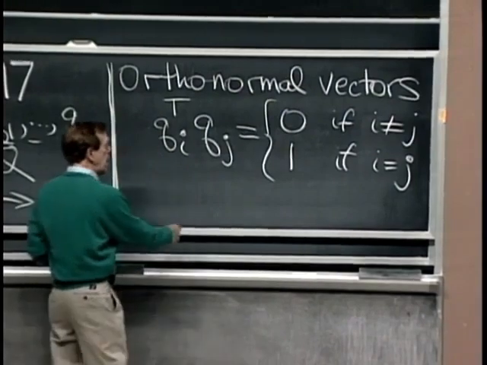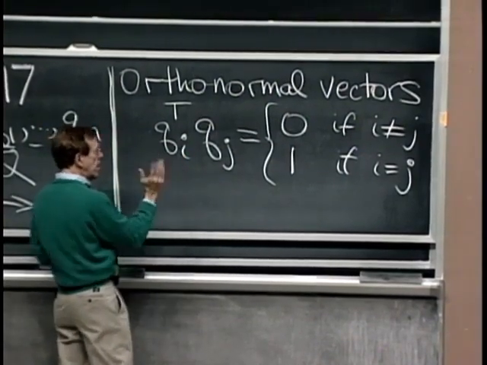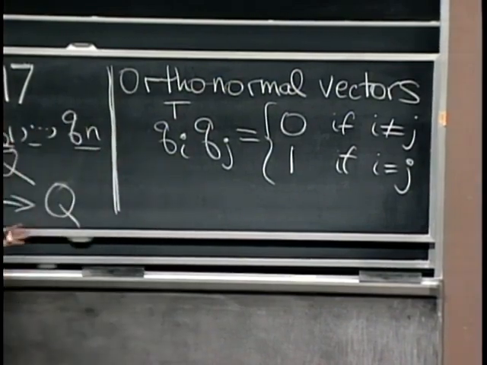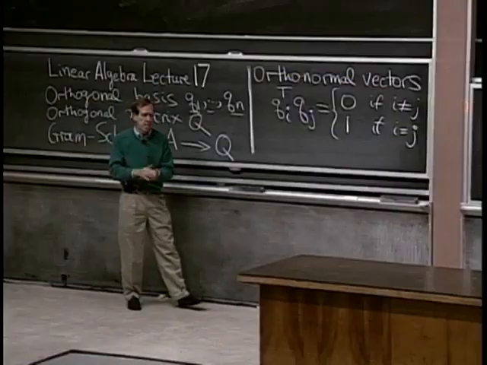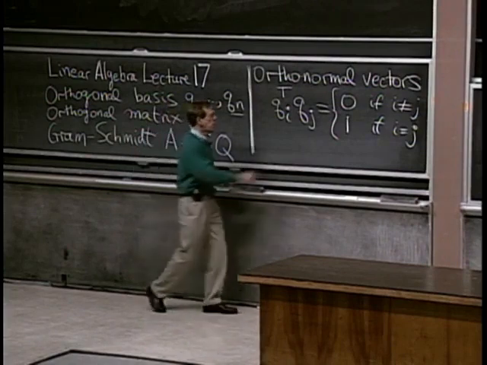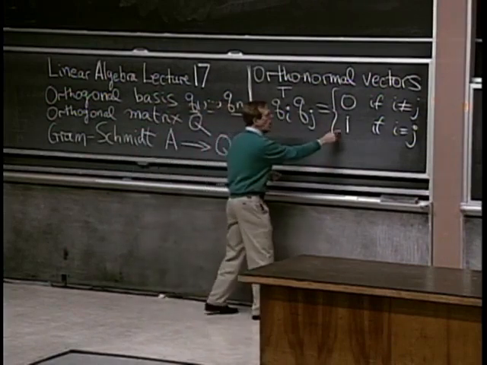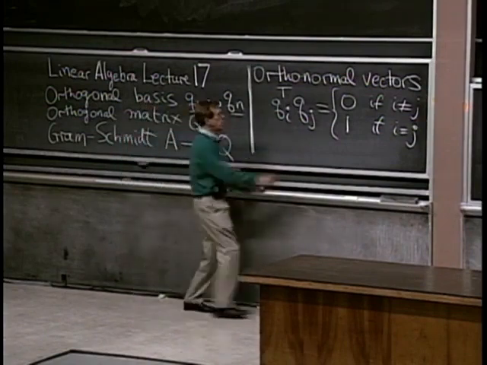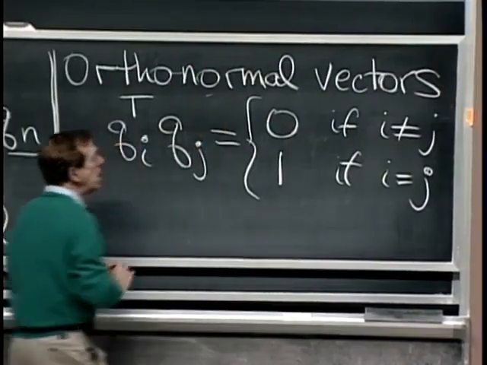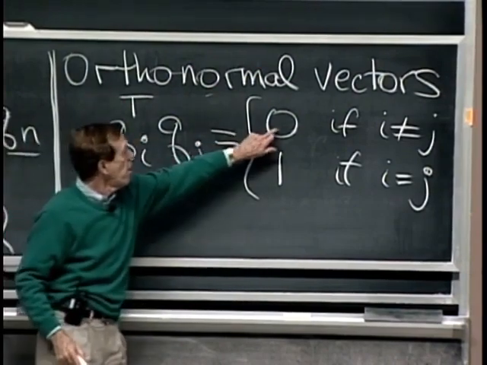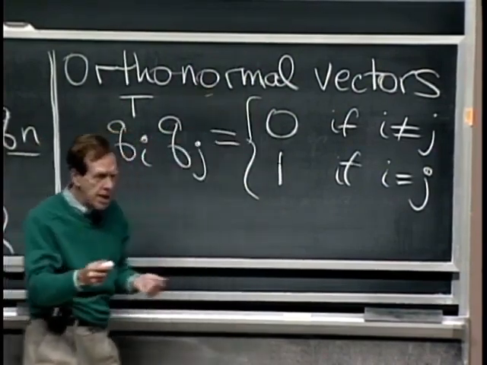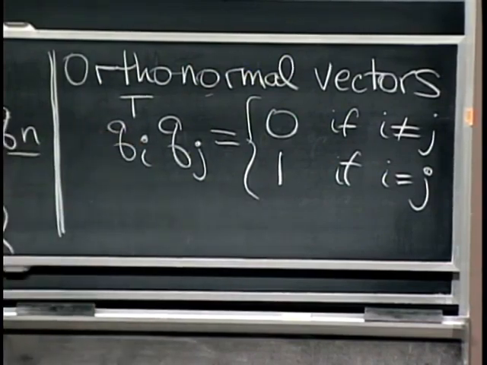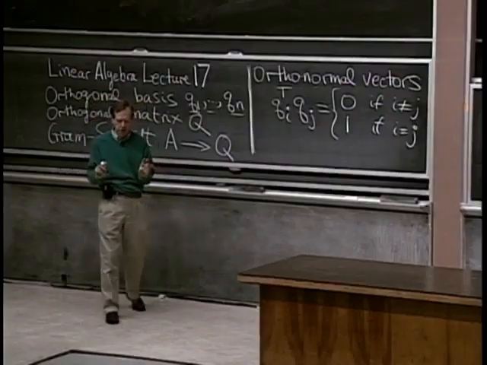Of course, certainly Qi is not orthogonal to itself, but there we'll make the best choice again, make it a unit vector. Then Qi transpose Qi is 1 for a unit vector. The length squared is 1. And that's where I would use the word normal. So ortho for this part, normal, normalized, unit length for this part. Okay, so first part of the lecture is